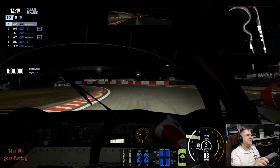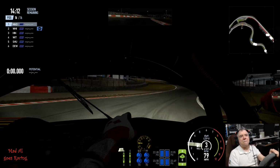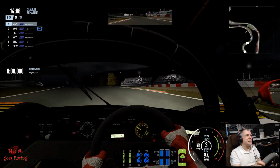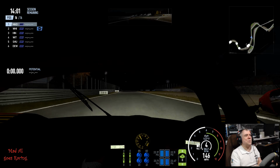Always run that over the dirt a little bit on the apex to make it a little bit less of a pain. And around here you will practically always be drifting out there and then through to what would be